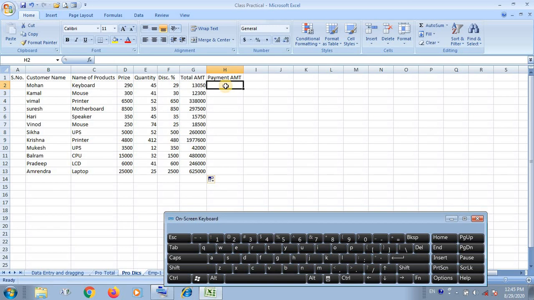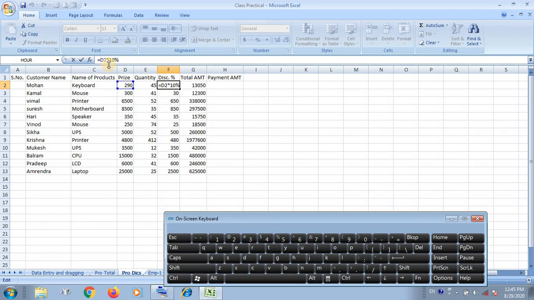Now you have to calculate the discount. You have seen here one product's discount is this, and suppose there are this number of products, then you have to change the function.